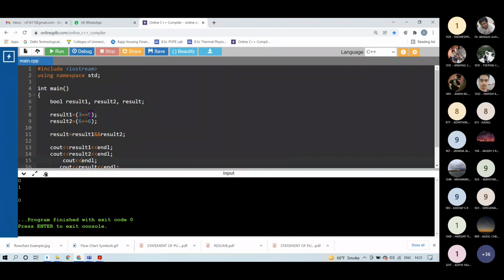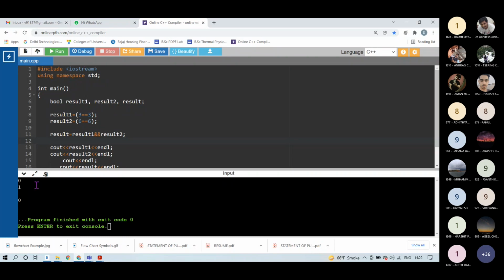Similarly, suppose I want to check this AND operation and I am writing this as 3 equal to 3, then both the variables result1 and result2 will become true. So I am operating an AND operation on inputs true and true. So the result should show me 1.